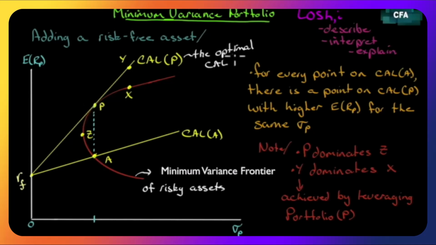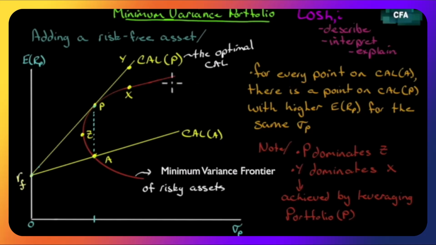And that we call the optimal capital allocation line, because we're going to allocate our capital somewhere along this line. If we don't like risk and we want to be 100% in the risk-free asset, we'll be down here. If we want to add some of the risky asset, then we would maybe be over here. If we want to be 100% in the risky asset and not in the risk-free asset, we would be at point P. Point P is a linear combination of the two. At point P, we're 100% in the risky asset and 0% in the risk-free asset.